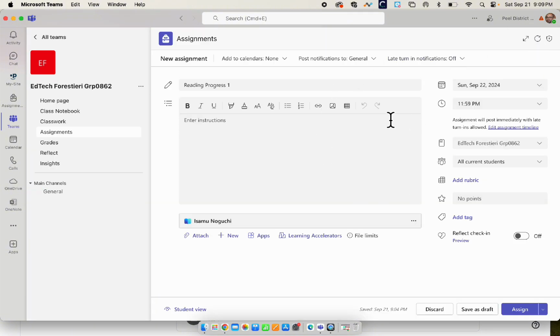And this brings me back here. So I have the title of my assignment. I now have my reading progress, quote unquote learning accelerator. I can choose which students it's going to. In this case, I'm going to say all students. And I can adjust a few things here. I would make sure that the time isn't 11:59 for going out. We might want the time due to be within the school day or something agreed upon. So we can change some of these settings here. But ultimately, we can push this out as an assignment. So if I click assign,